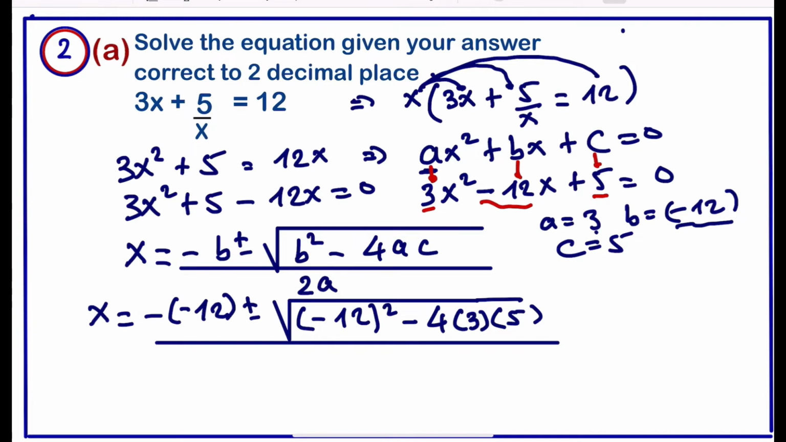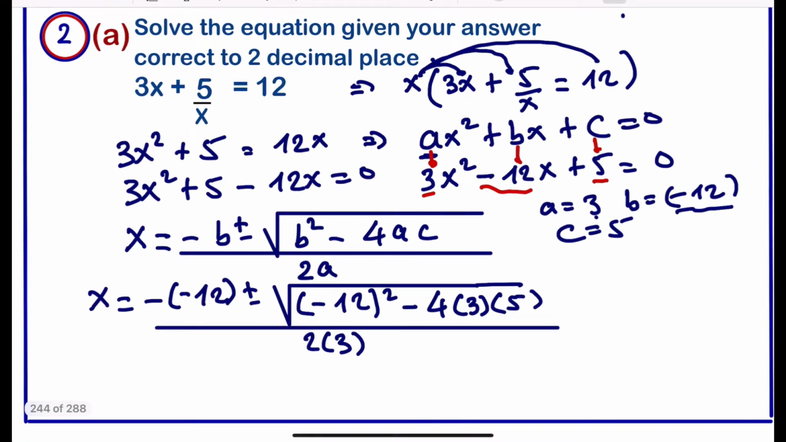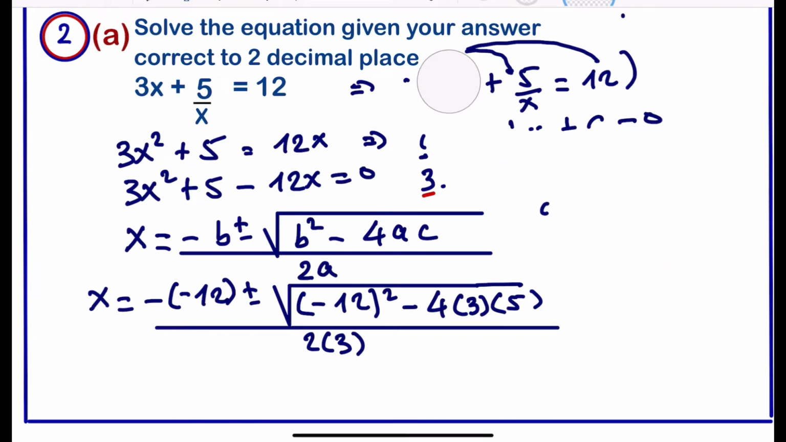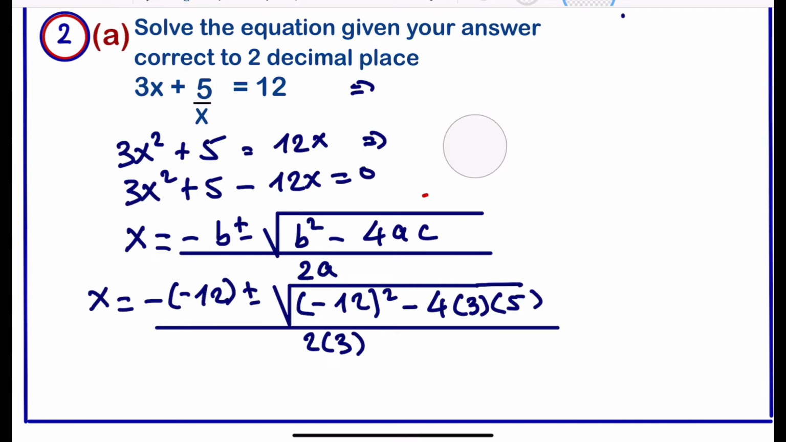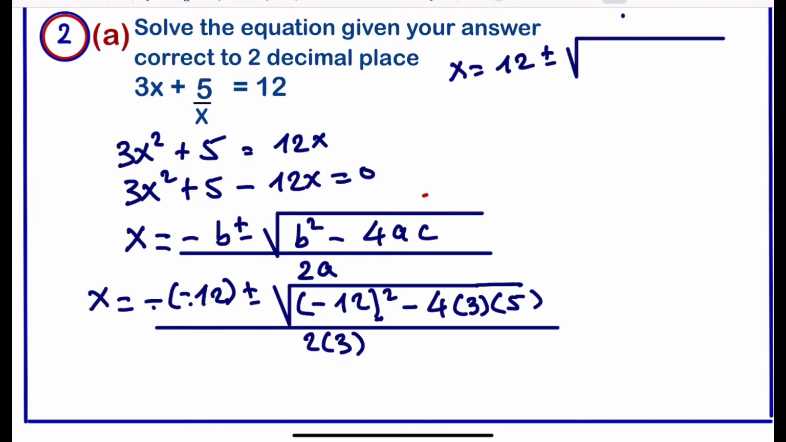2a, a is 3, so we are going to have 2 times 3. Okay, so to simplify this further, we are going to have x. This will give us a minus times a minus is a plus, so here we have 12. We have plus and minus the square root of minus 12 squared, which will be a positive number, because a minus times a minus is a plus. So this will give us